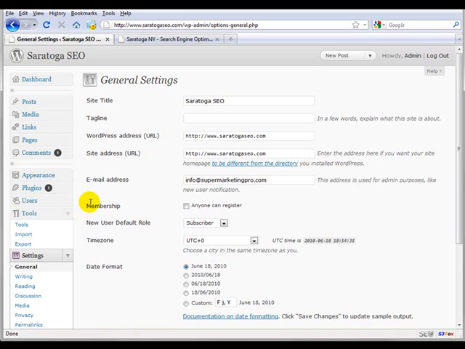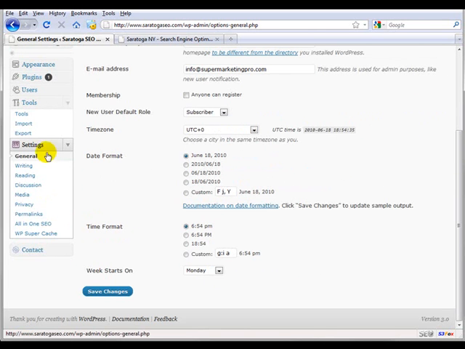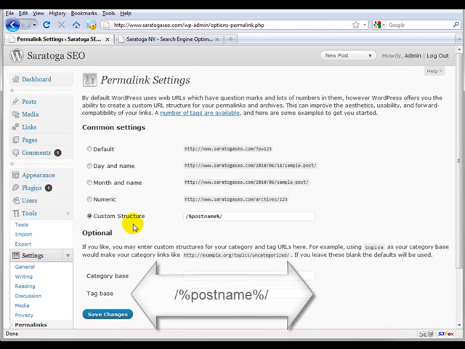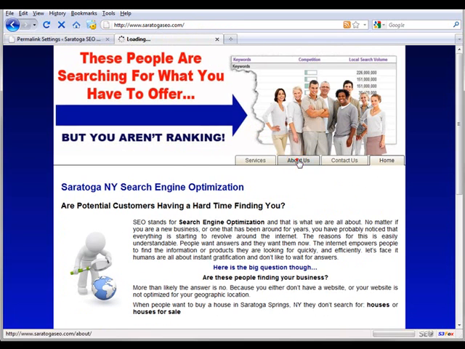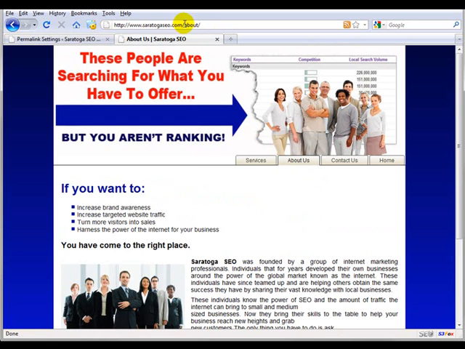Once your blog is installed, the first thing you're going to want to do is go into Settings and go to Permalinks, and make sure that Custom Structure is checked, and you'll have /%postname%/, and that will actually go ahead and make it so that when people go to, say for instance, About Us, the About page is here. It says About instead of P=2. It has a nice SEO friendly